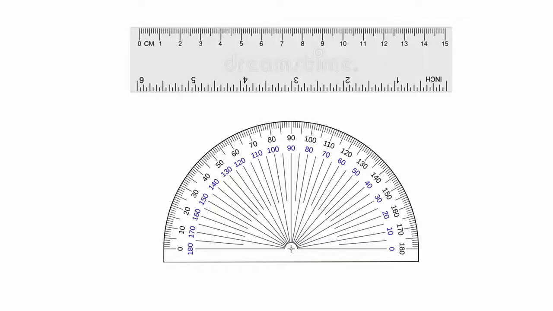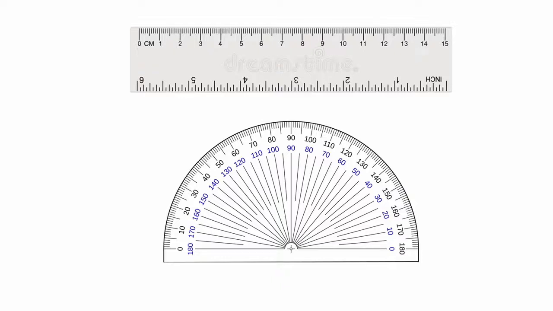Before we proceed to the graphical method, let me orient you on the use of the ruler and protractor. As you can see on your screen now, we have a ruler and a protractor. In your ruler, we have only two units there, centimeter and inch. That means if we use our ruler as a tool for measuring vectors, we will assume that the vector is being represented by means of centimeters or inches.